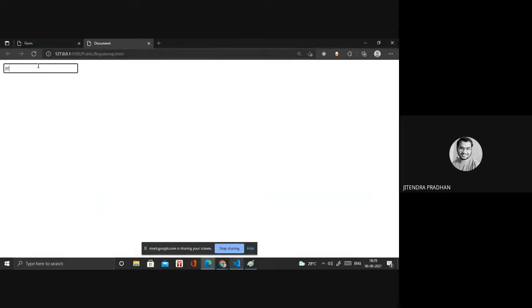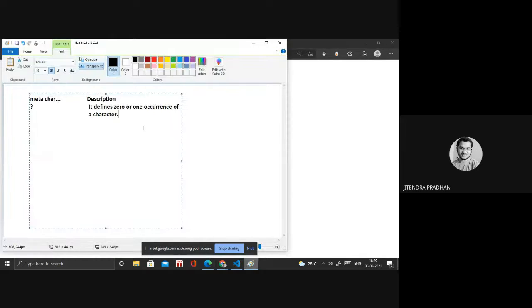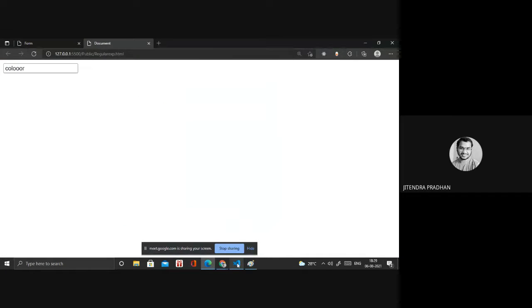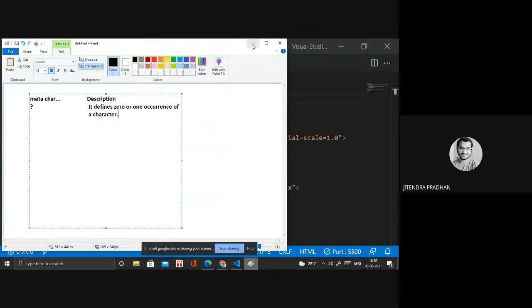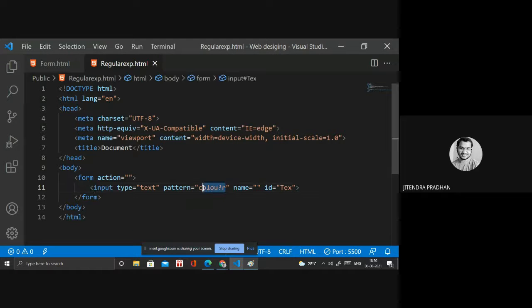When I write COLOUR, and COLOR, what is that? Zero occurrence. Yeah, I will write that COLOUR, right? C O L O U. Wait, I will copy that one and paste inside that.